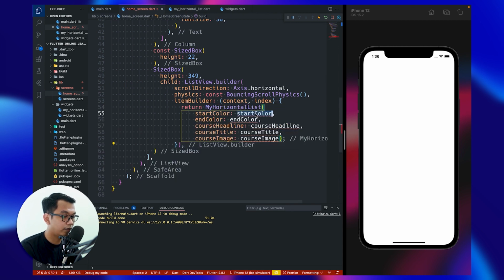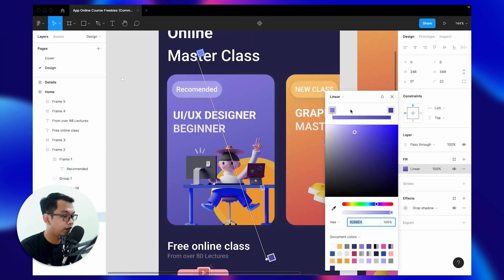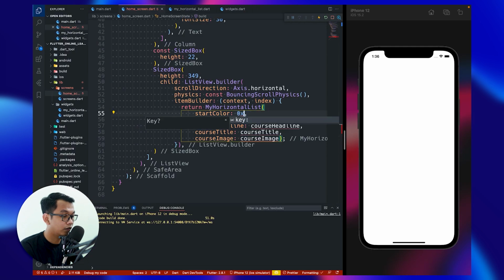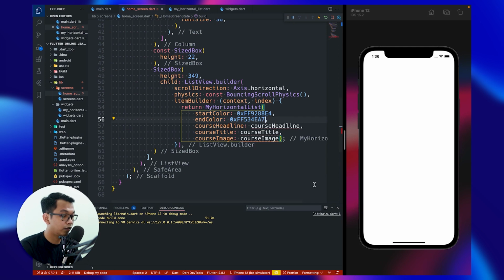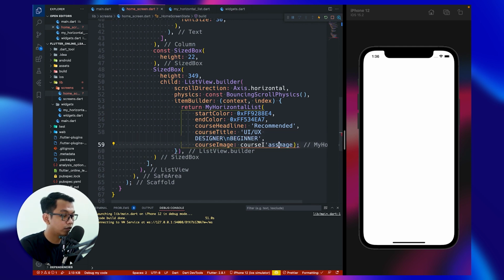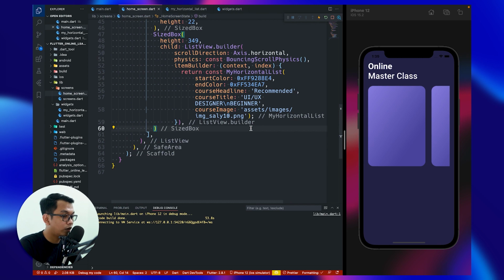All right, and for the start color, we can copy from our rectangle, click linear, and then the first color is this, and start with this code, and again the second color, paste here, and for the headline, recommended, and for the course title, UI UX designer, beginner, and for the course image, let's say assets image, and then our image name, and we can add const modifier right here. So as we can see, look like this.